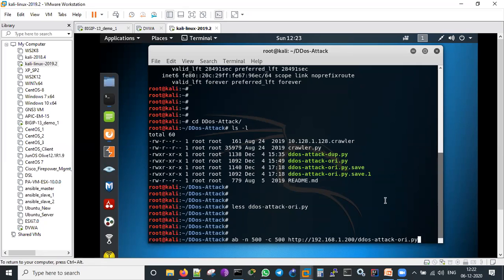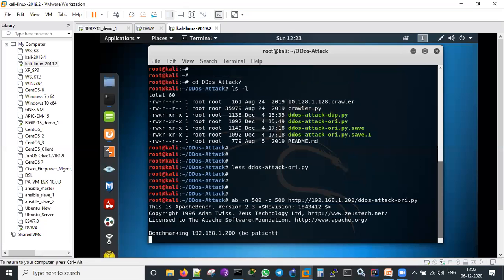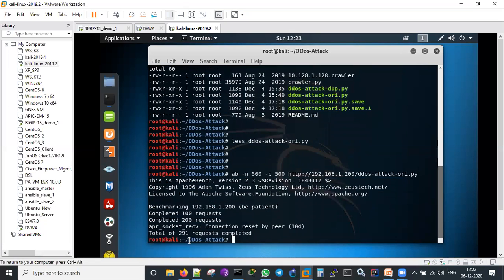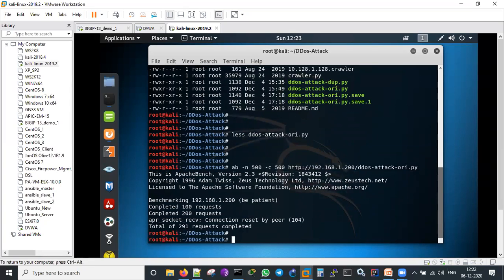Once I am attacking, I will be seeing some different outputs. Once that particular profile is applied, I will be getting a different output on this. Let me attack it. See, it is coming like a pattern, 100, 200, 300, something like that it has been attacked on this one. I can do some other attack also.